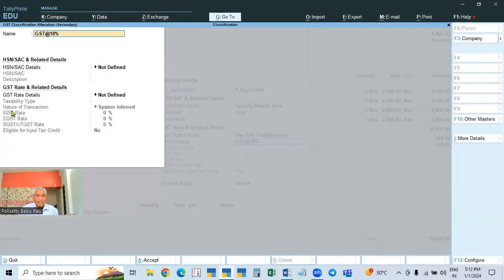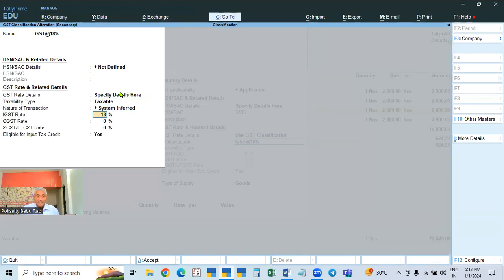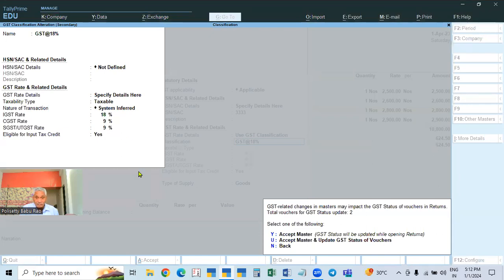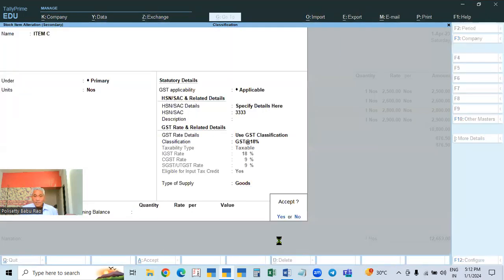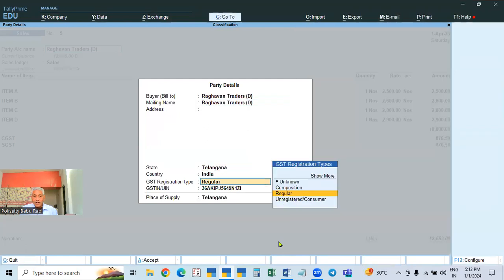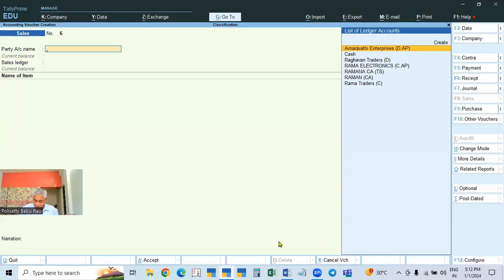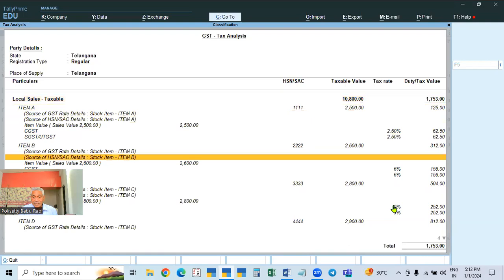Okay, in the classification, sorry, in the 18%, we have not given the details, we already created it. So specify the details here, 18%. When we were creating, we gave everything as already created, so we forgot to do it. Now in this case, you have to select U because it will accept the update. Okay. Now you see, for that also you got it. Now see, if you complete this, go to Alt A, Alt F1, see 2.5, 6, 18,